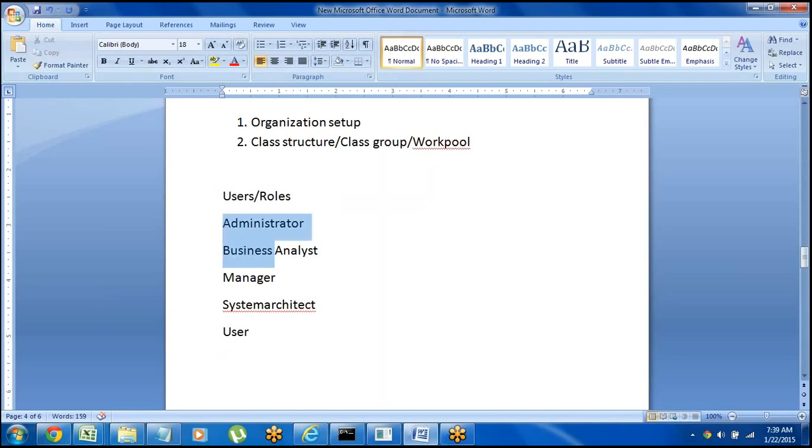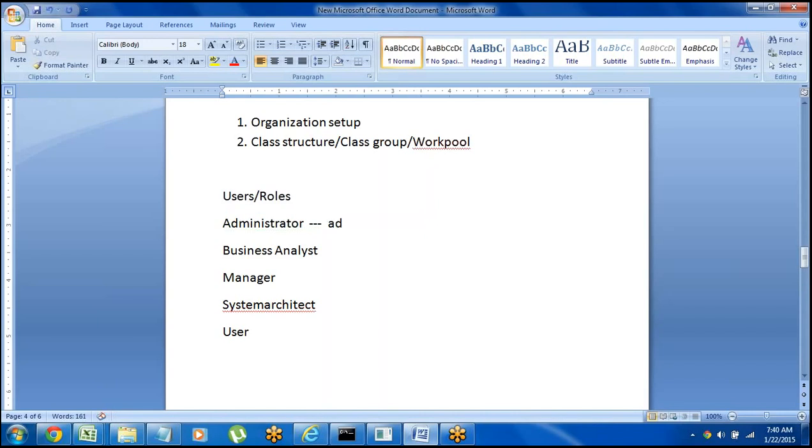Every user will have a separate portal. For example, if they log in with the administrator user ID, then based on the setup, when we create the organization setup, it is going to create all the users. Normally there will not be an administrator or business analyst directly. So when we create the organization setup, it automatically creates the users or roles. With that user ID, based on the role in our organization, if it is an administrator, he has to log in as administrator.